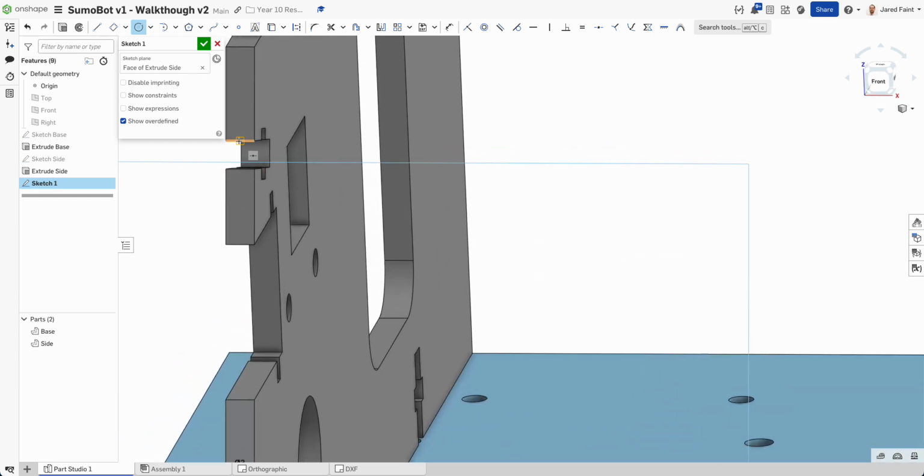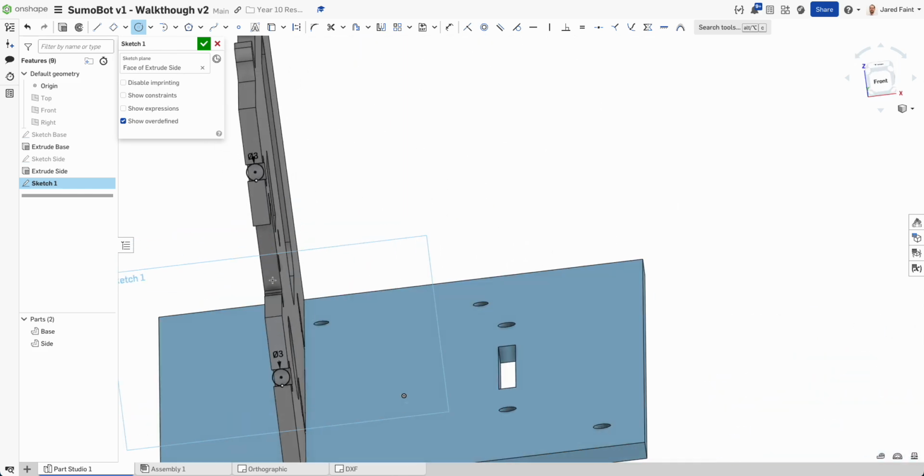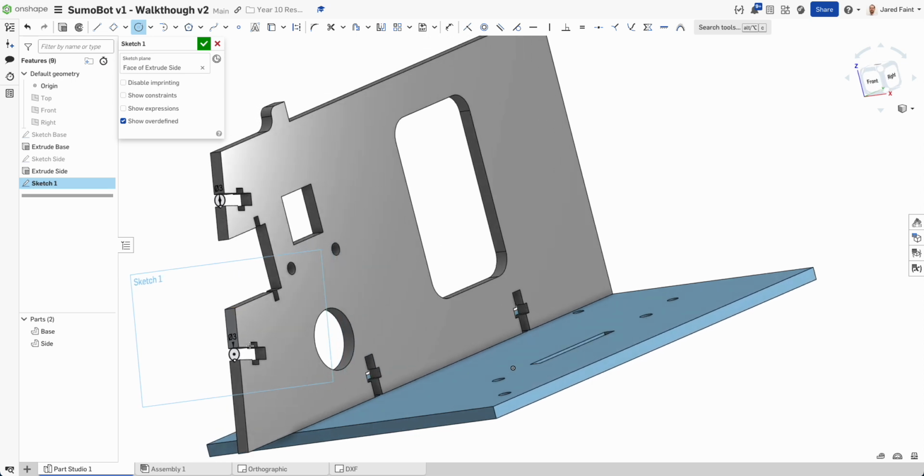And I'm going to go same deal. Well, don't want to pick the center there. Hover up, bring him back. 3 is there. Okay, so that's looking good. Now the only other thing that I probably need to add on this front edge is a little step out